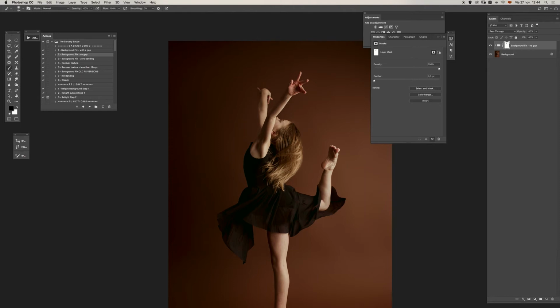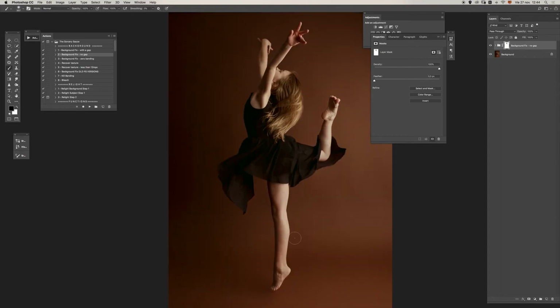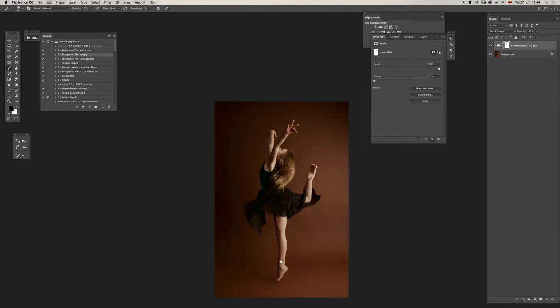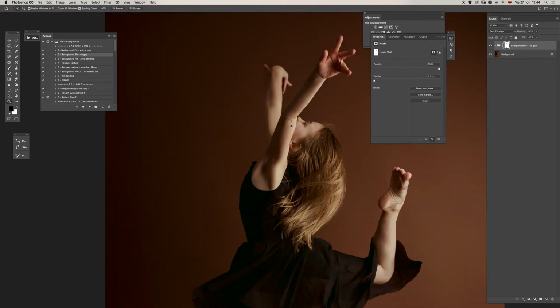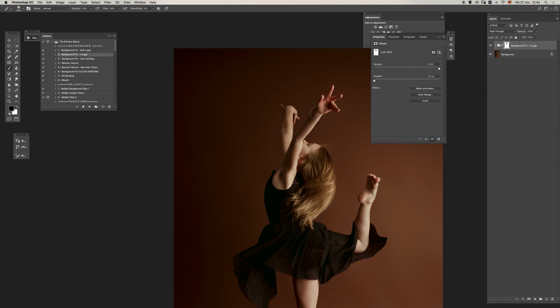So all you need to do is paint with black in places where you want to hide the content of the group. In this case, I also gonna paint with black around the shadow, and that's pretty all you need to do. In this case, I also need to paint with black around here,